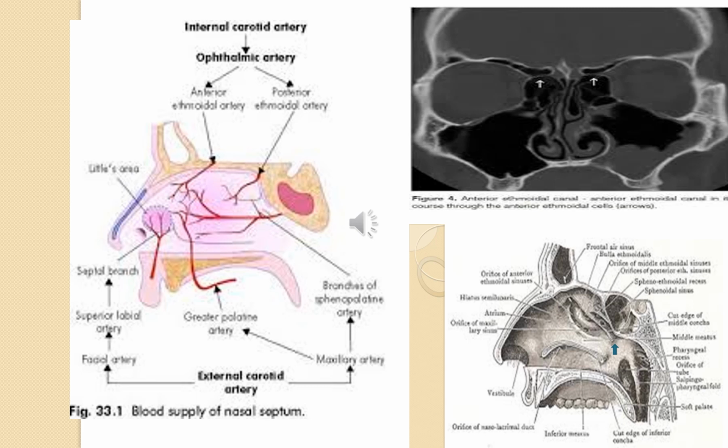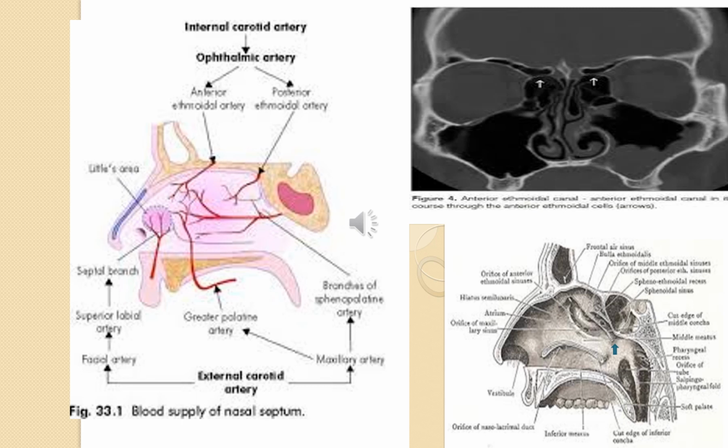Then they go up to re-enter the cranial cavity and then go downward along the nasal septum to give blood supply to the upper part of the nasal septum. The anterior ethmoidal artery continues downward till reaching Little's area, whereas the posterior ethmoidal artery doesn't share in Little's area. Regarding the branches of the external carotid, we have three branches: sphenopalatine artery, greater palatine artery,